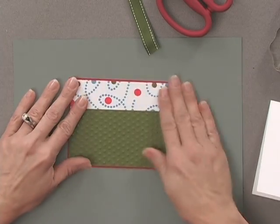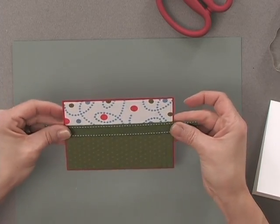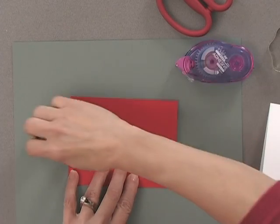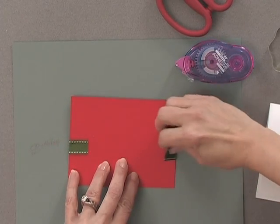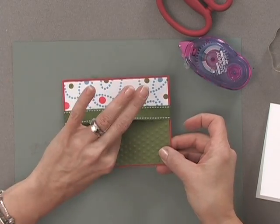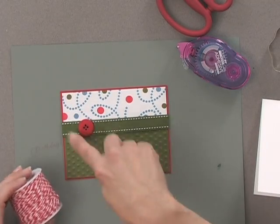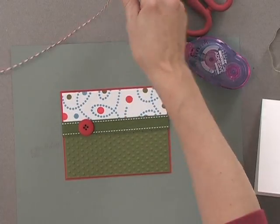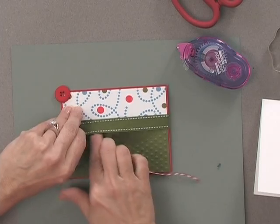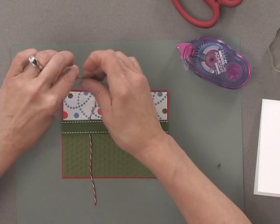Looking good. All right, and now just position that where I want it and flip it over and add a little bit of mono adhesive to either side and fold that excess over. There we go. Now I want this to be loose in the center because now I'm going to add this little button, and I want to be able to thread underneath that, so don't tape that ribbon down. All right. So I'm going to slide the ribbon underneath, the twine underneath, and then I'm going to thread one end of it